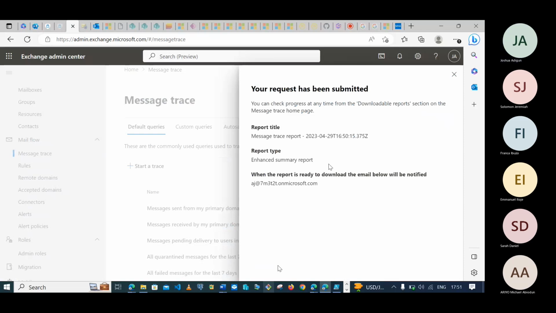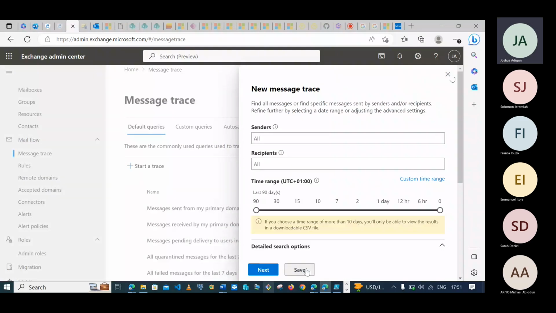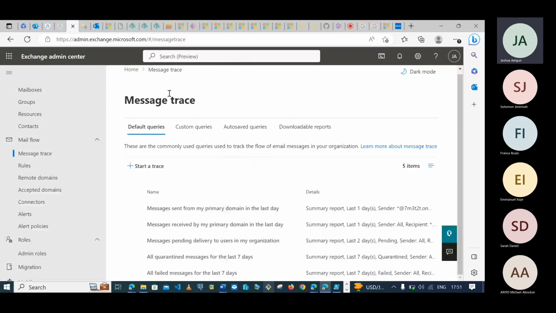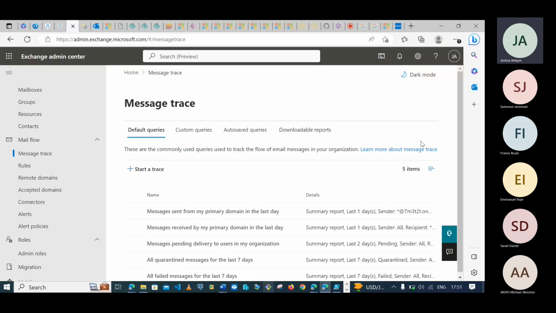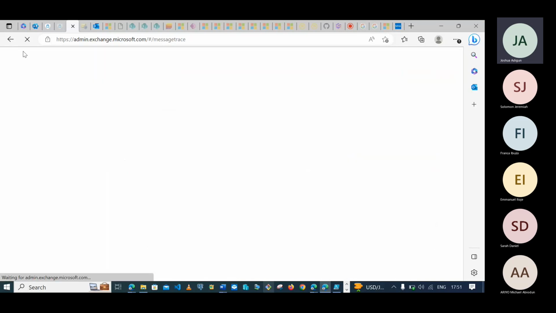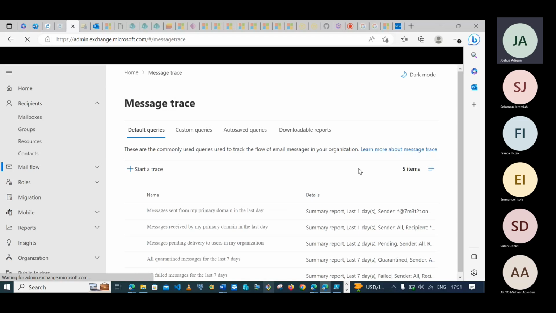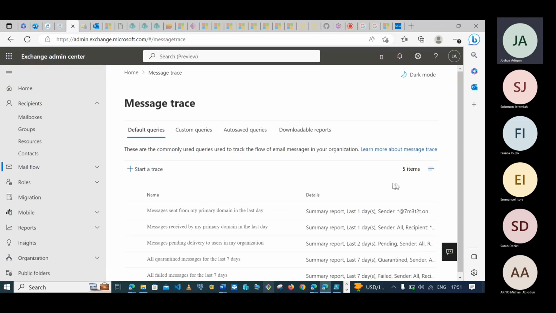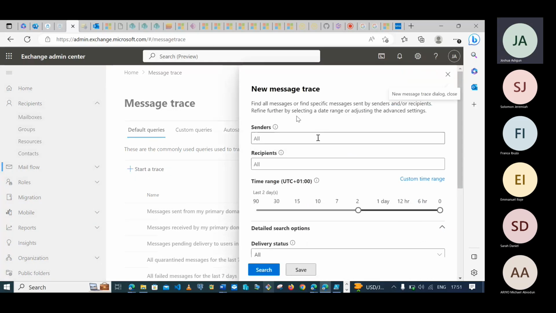So yeah, as you can see, what we just did is we ran a trace for a particular email using the message ID. That's one way you can see what happened, right? And then you can also run a message trace for your scenario now, right? You can run a message trace and say, all emails, the sender is, let me see, the sender is AJ,